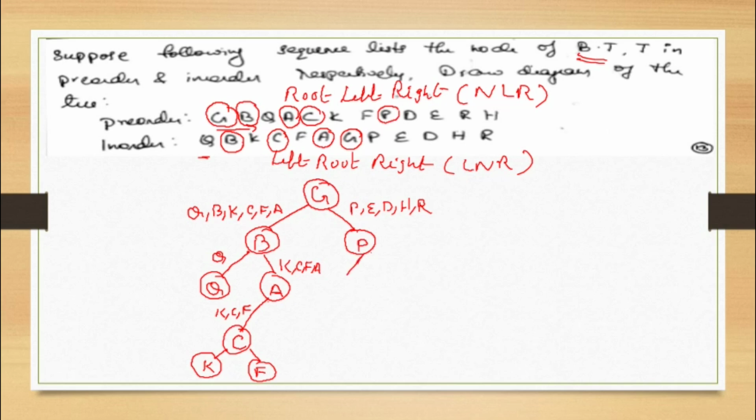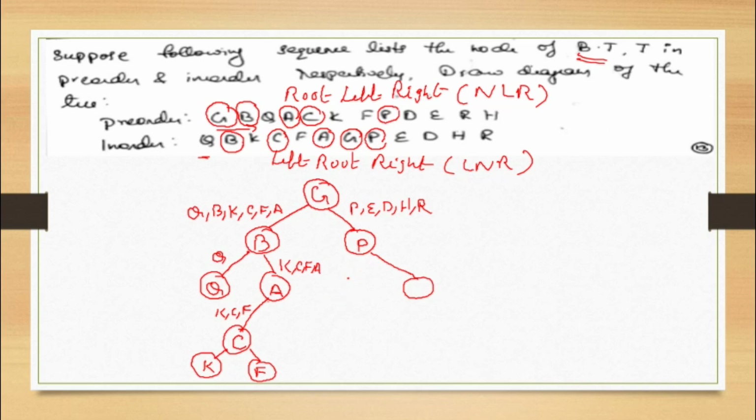I'll draw it a little bit lower here, because I need some space, though actually it should be on the same level. So we have to search that P in the in-order. Left of P, I don't have anything, students, so of course everything will come to the right of P. So it is easy now.